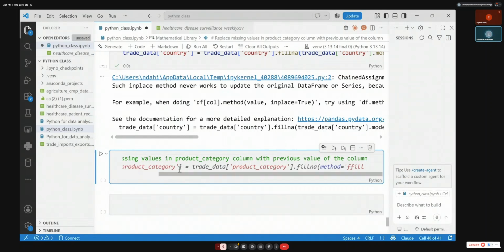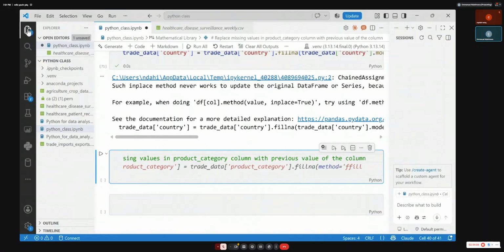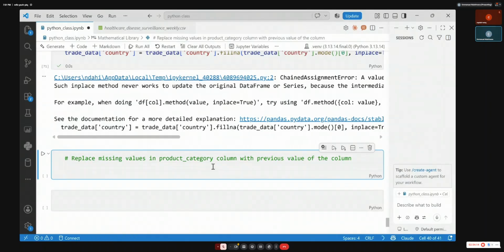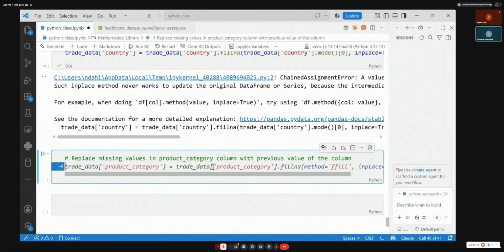That comment is enough for me to come and have this code, product category, and take this. You see now what it has done? Okay, very good. So now if I press tab, it is going to write code for me. Okay, correct.